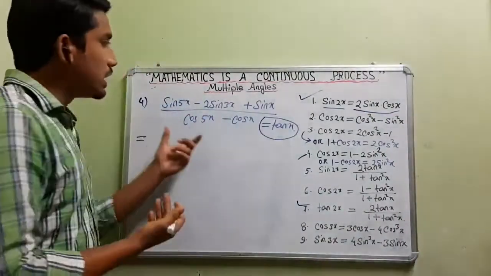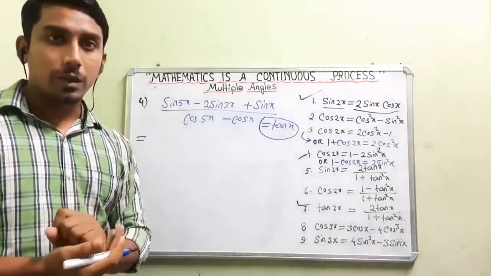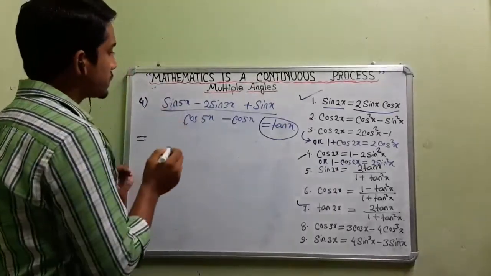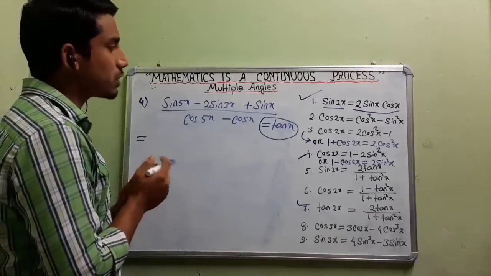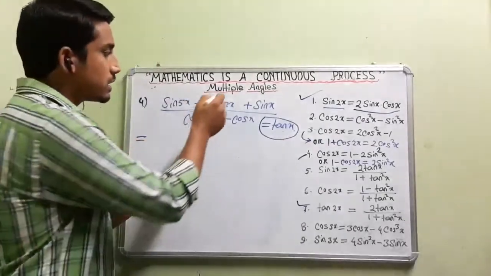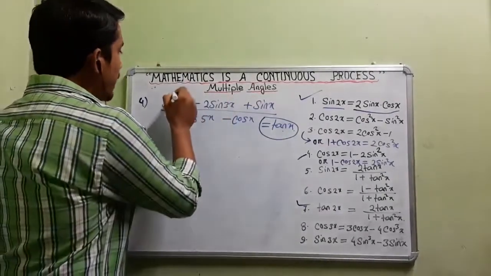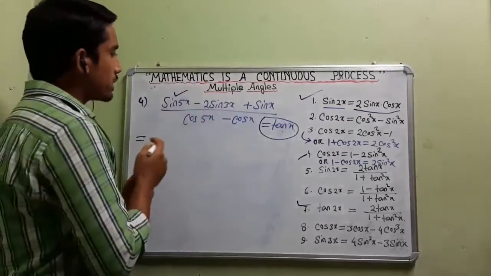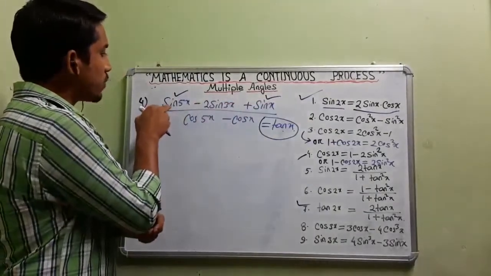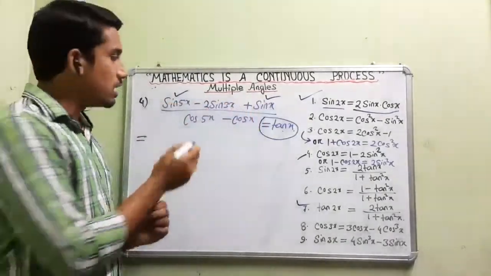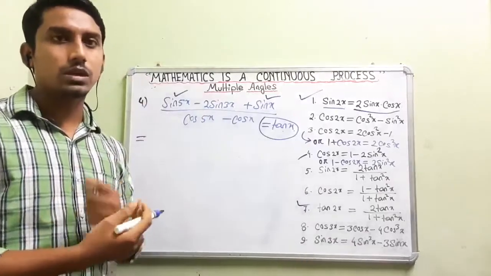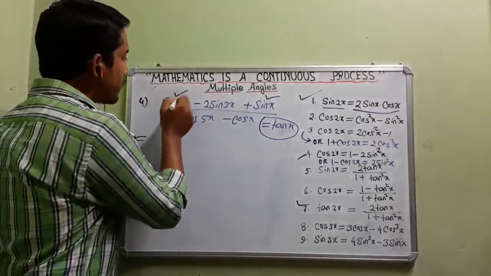So we'll use the formula for the transformation of sum and products, that means my last topic. If I want to use the formula for transformation of sum and product, we need to get the simple angle. But 5x is there, we don't need that, and 3x is there, we don't need that. The formulas were sin c plus sin d, cos c plus cos d. This middle term has 2 multiplied, so we cannot use it there, but we can use that formula for the first and the third term.